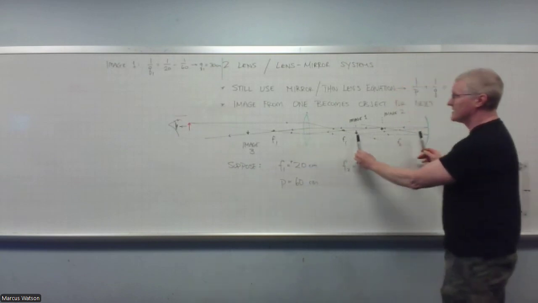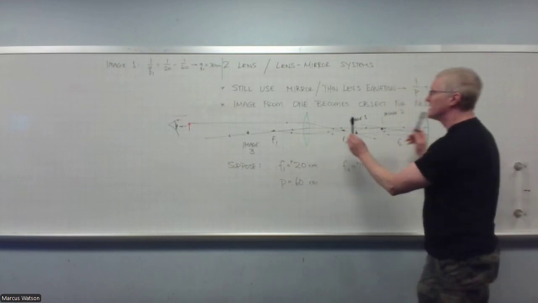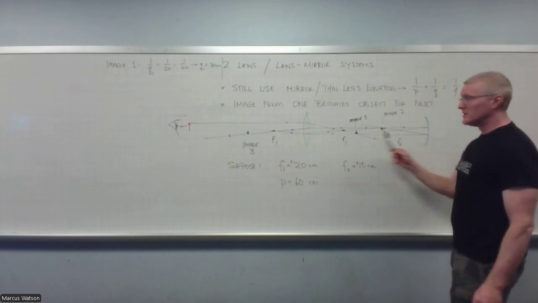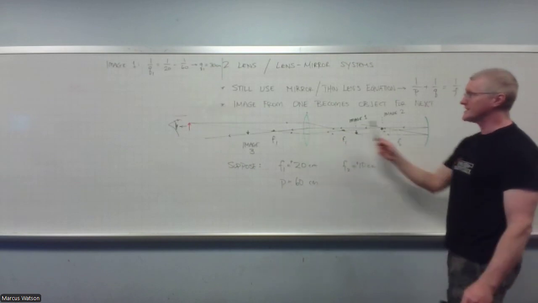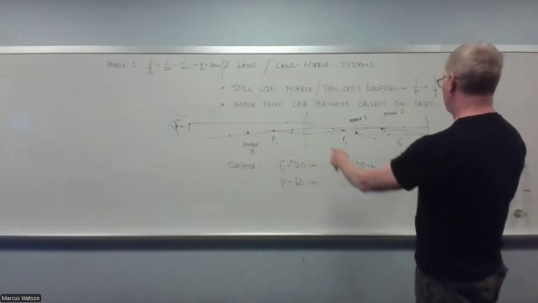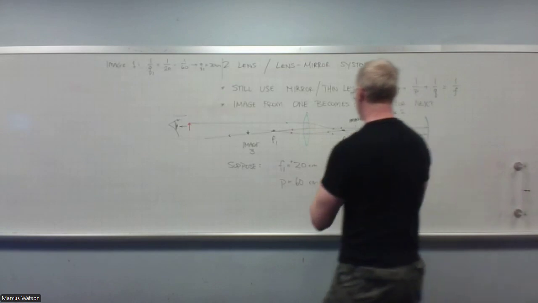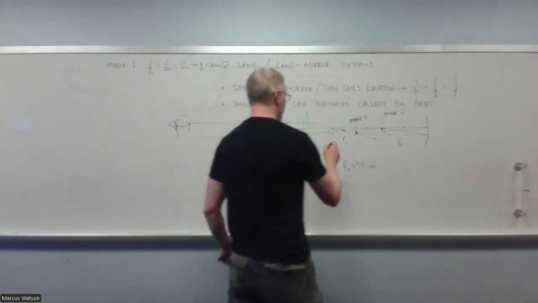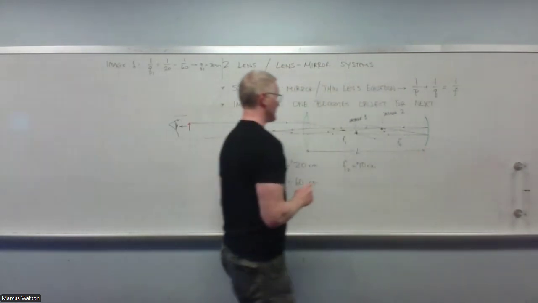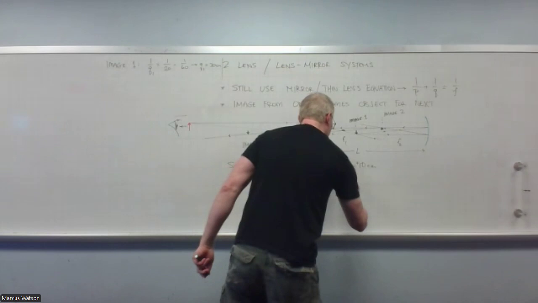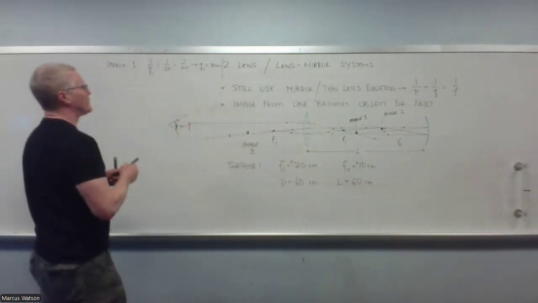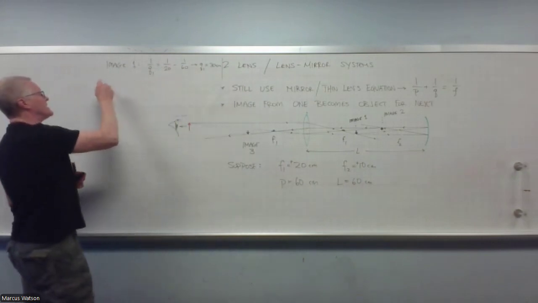Okay, that's the first object distance. I'm sorry, that's my first image distance. Now I'm going to ask, where is this image relative to the mirror? So I have to shift now, right? And I have to know how far away the lens is from the mirror. That might be about a 60 centimeter distance. If I call this distance L, let's suppose that L is 60 centimeters also. Therefore, to find image 2,